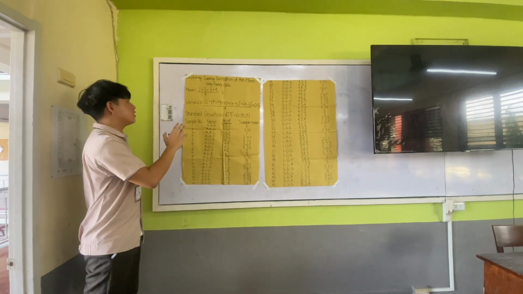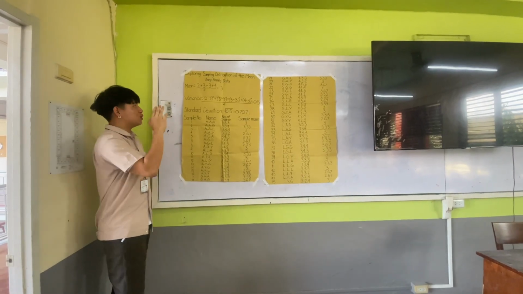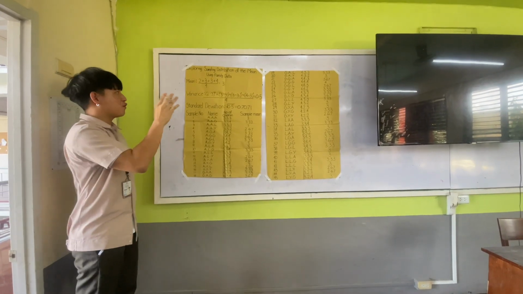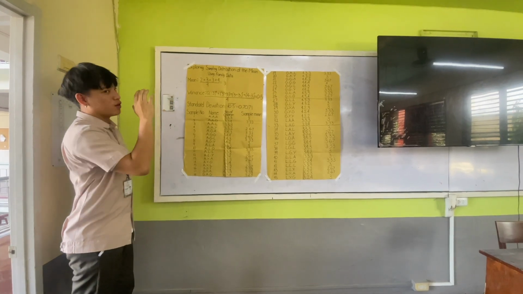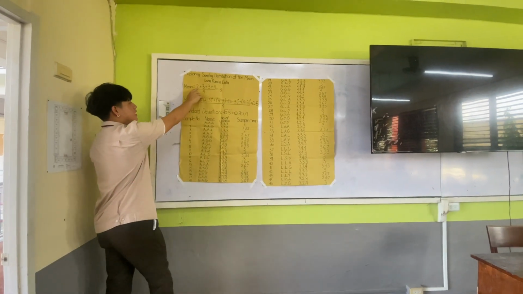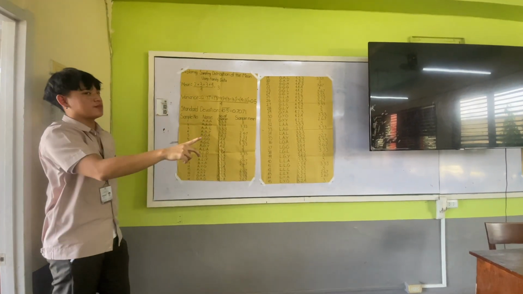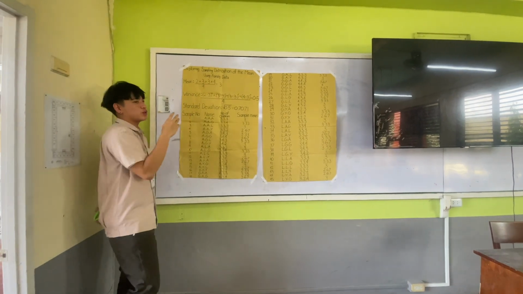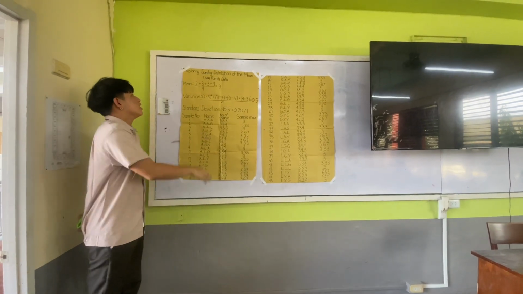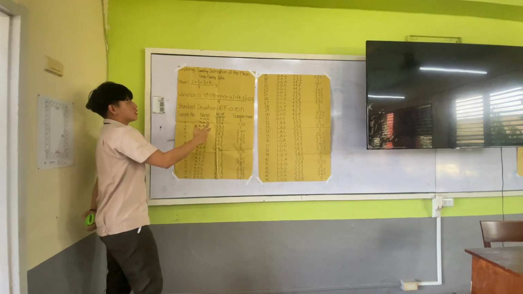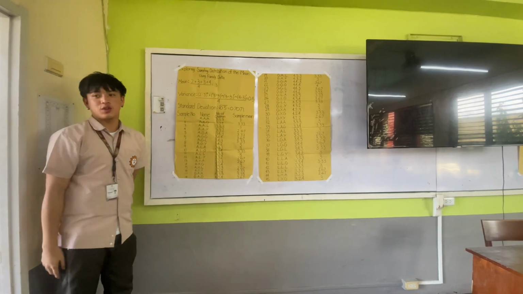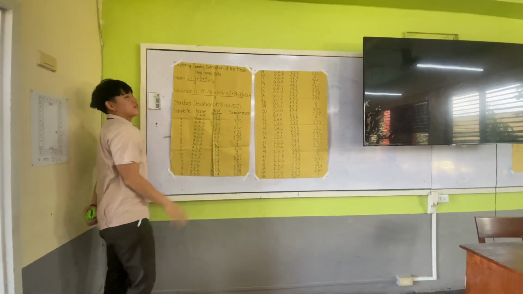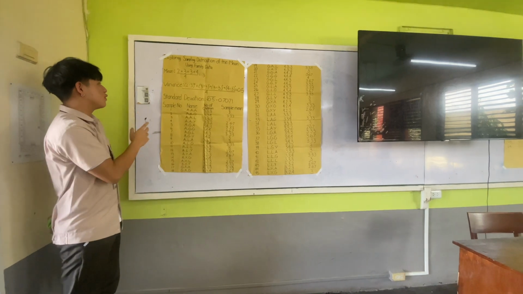To find the mean, we have to put each sample of each member of the siblings. So we have 2 siblings, 3 siblings, 3 siblings, 4 siblings, and divide it by 4 because the sample is 4. You add the numerators, which equals 12, divided by 4 equals 3. That is the mean.